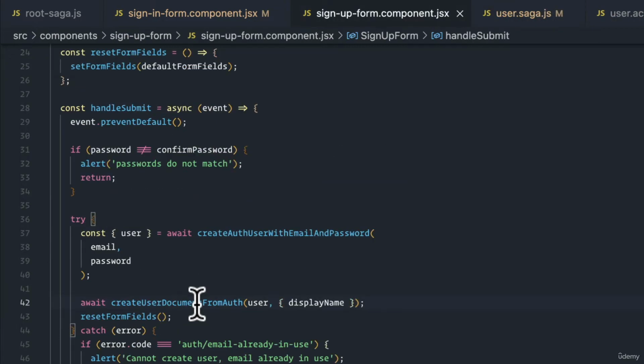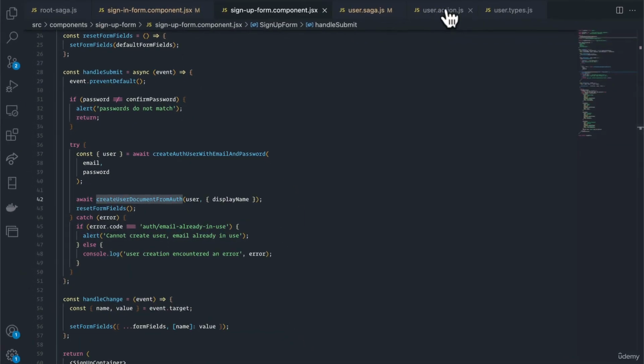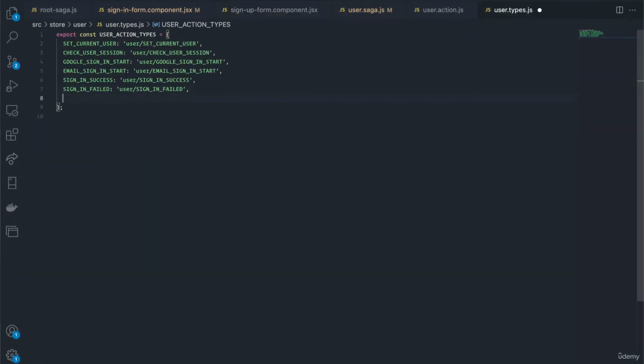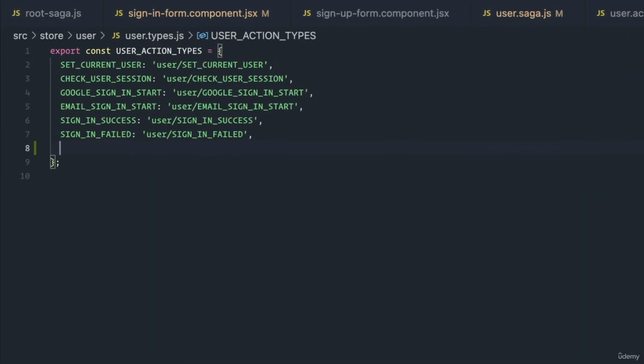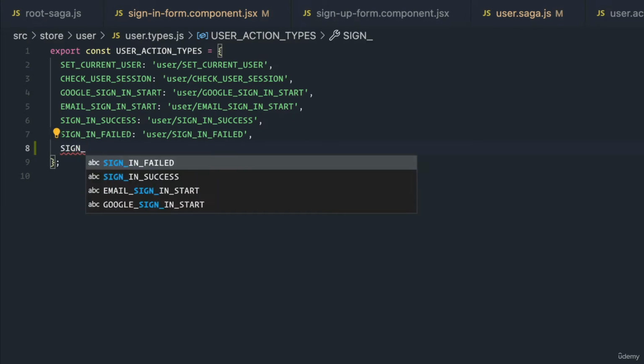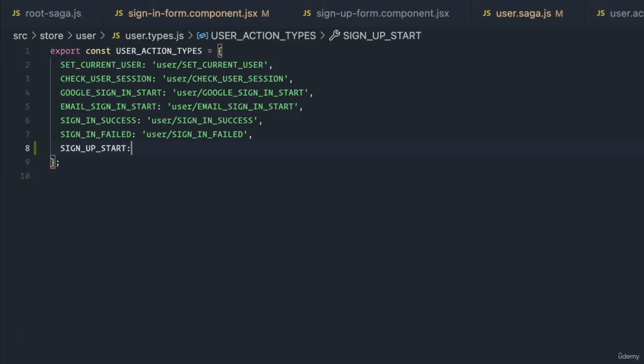So when breaking up the saga, these are probably going to be two sagas. One to create the user and one to sign in the user with the signed up user. So the first thing we need to do is inside of our action types, create the three new action types for sign up. So we'll say sign up start,